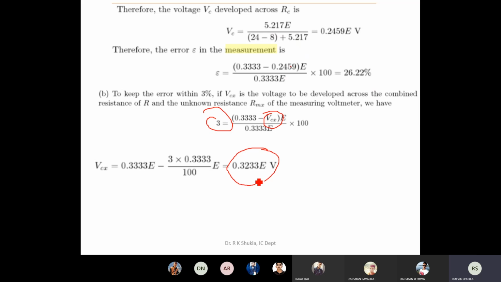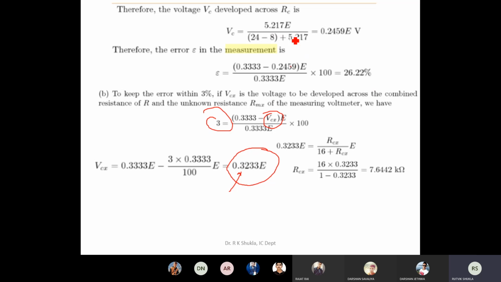0.3233E. સિમ્પલ અહીંયાથી આપણે વસ્તુ સમજીએ તો પણ કહી શકાય કે પહેલા જ્યારે એકચ્યુઅલ આઉટપુટ છે એ 0.2459 આવતું હતું અને અહીંયા આઉટપુટ કેટલું આવે છે 0.3233. See the difference. એકચ્યુઅલ ઇન્ડિકેશન પહેલા જ્યારે આઈડિયલ ઇન્ડિકેશન 0.3333 હતું ત્યારે એકચ્યુઅલ ઇન્ડિકેશન 0.2459 હતું, પણ અહીંયા આઈડિયલ ઇન્ડિકેશન 0.3333 છે ત્યારે એકચ્યુઅલ ઇન્ડિકેશન 0.3233. See the difference. બહુ જ ઓછો ડિફરન્સ છે.